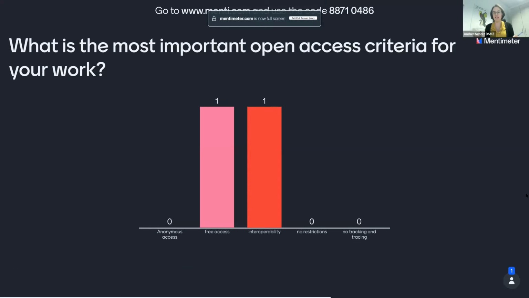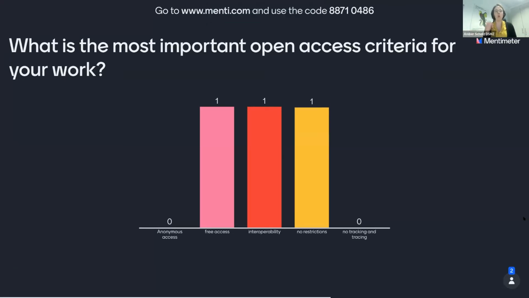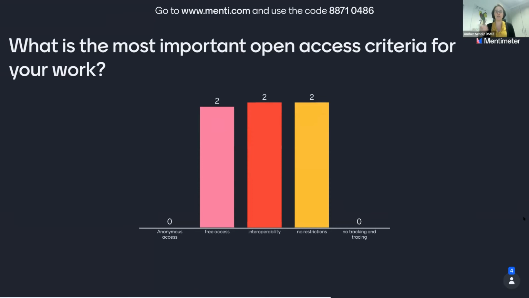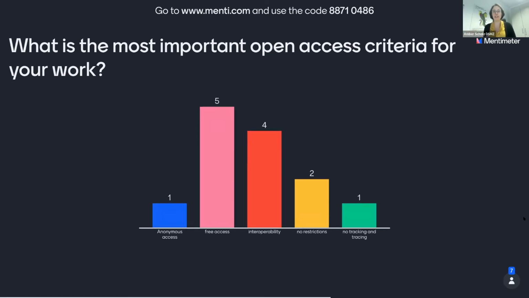And these are all different things that one might have to compromise on over the course of negotiations. But what's the most important to you personally, from your personal interactions with these things: anonymous access, free access, interoperability, no restrictions, or no tracking and tracing? We'd love to get your feedback on what you value the most for the kinds of work that you do with sequence data. Think back to that word cloud that we saw earlier and the different purposes for which